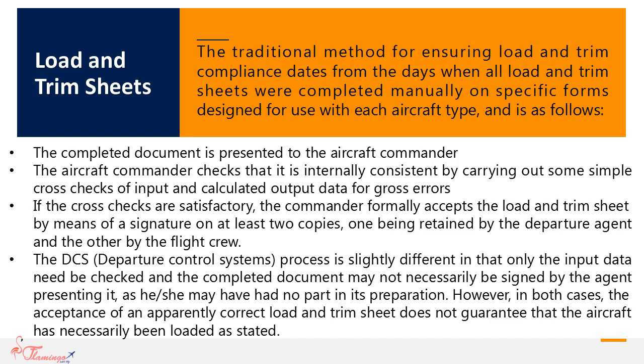The aircraft commander checks that it is internally consistent by carrying out some simple cross-checks of input and calculated output data for gross errors. If the cross-checks are satisfactory, the commander formally accepts the load and trim sheet by means of a signature on at least 2 copies, one being retained by the departure agent and the other by the flight crew. The DCS, Departure Control Systems,